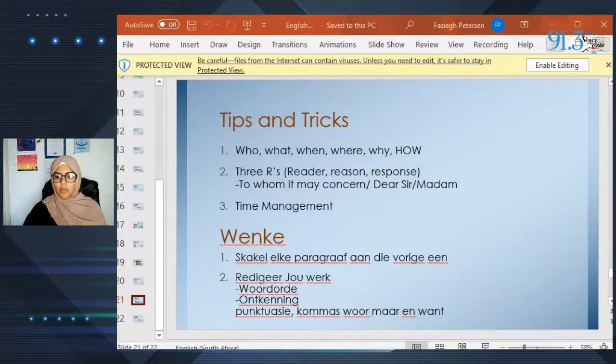So when you're writing, for example, a speech, you think of who is your audience, who are you reporting to. Then it is what are you addressing, what are you speaking about? If it's an article, a news report, what message do you want to get across? The important aspects, like when did it happen, and then also the setting of the place, which is where, the reason that it occurred, and then how at